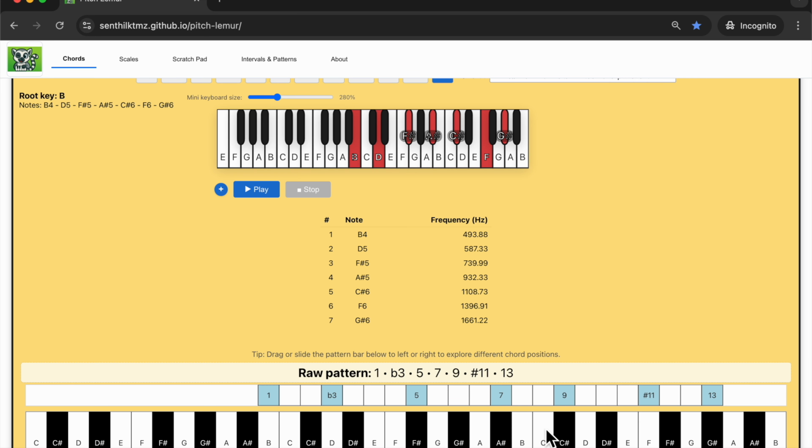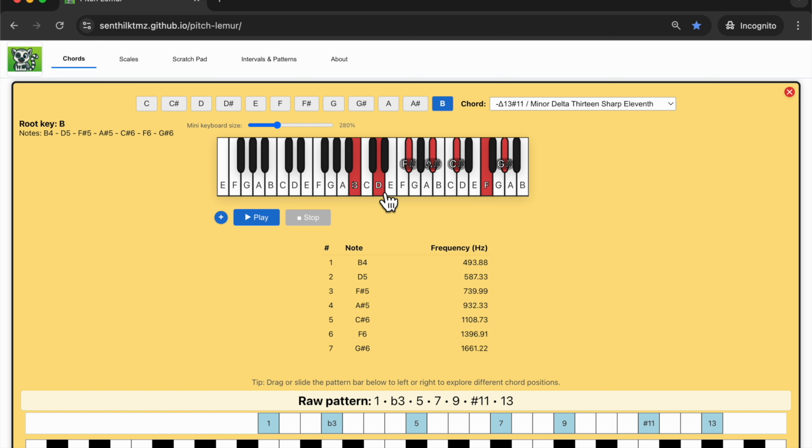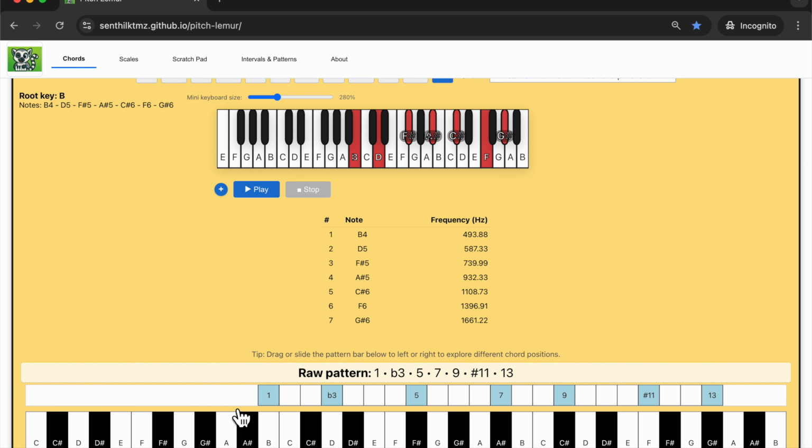So when I move it against B, considering that as a root note, you can see the new mapping of the blue rectangles against the keys. Follow the red keys to play the chord. Here the root note at 1 is B, then flat 3 is D,